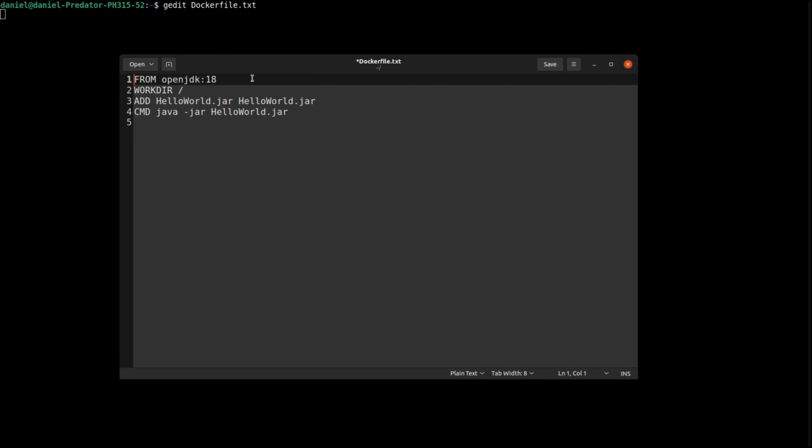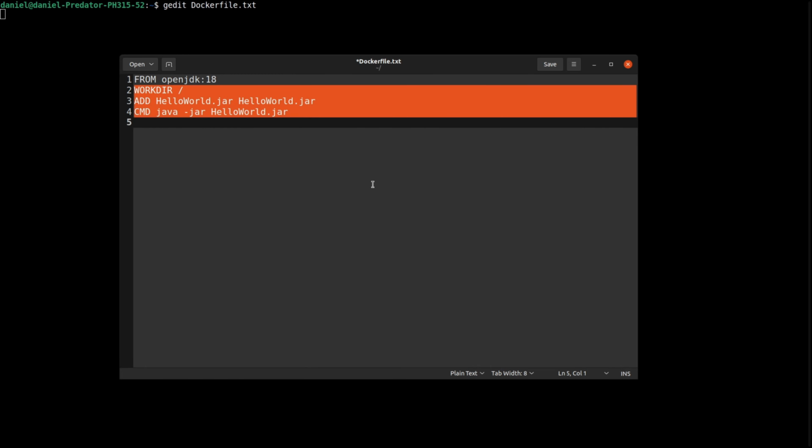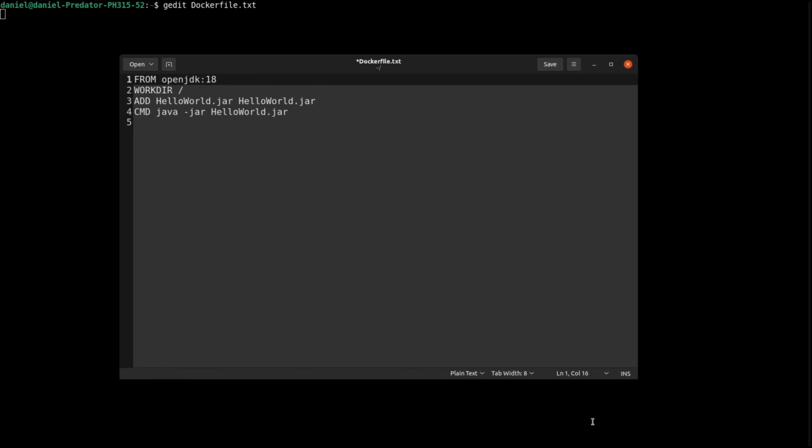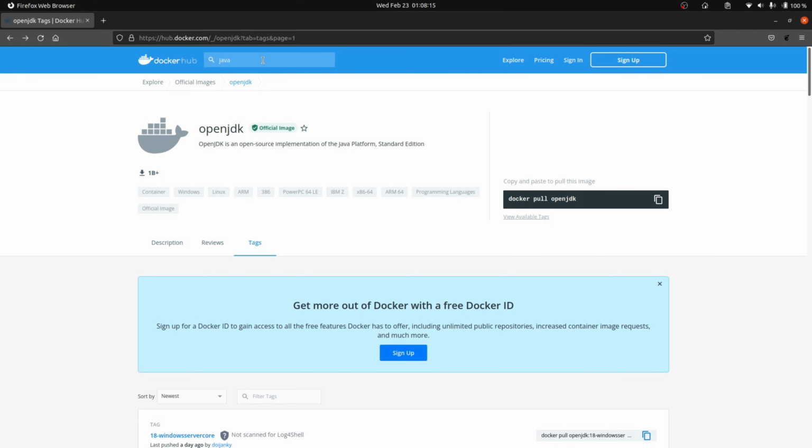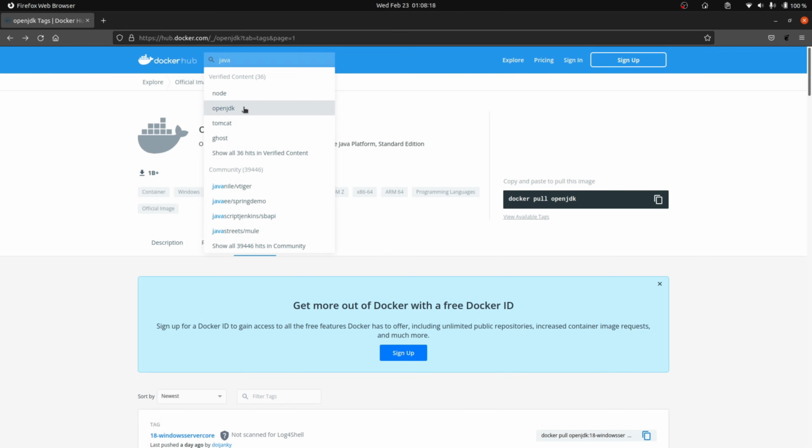and ONBUILD. So what we're gonna use basically here are the commands FROM, which sets the base Docker image that we're gonna start from. So we are extending this existing Docker Hub image. It starts from it as a base image and extends it with the other commands we're gonna add here next. So if you go to Docker Hub and look for openjdk,